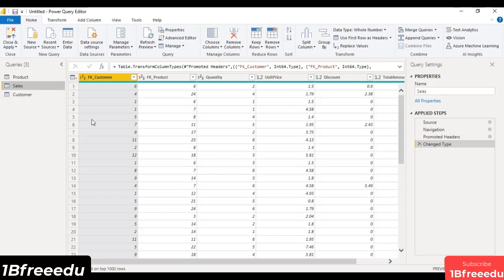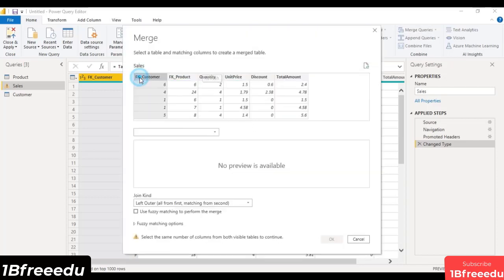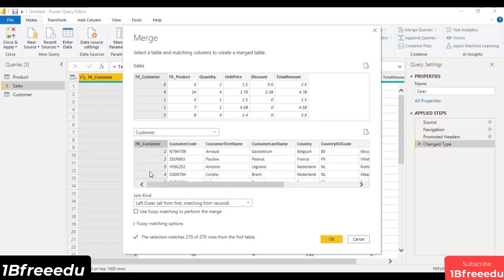So what you need to do for this purpose is just select the table and the key which we want to attach. Make sure you are in the home tab and here is this option of merge queries. You can just go there and it would open up a dialog box. So you can select the key that you want to merge. I want to merge the foreign key of the customer that is present in the sales table with the customer table's primary key, right?